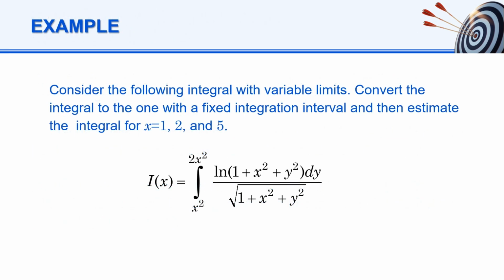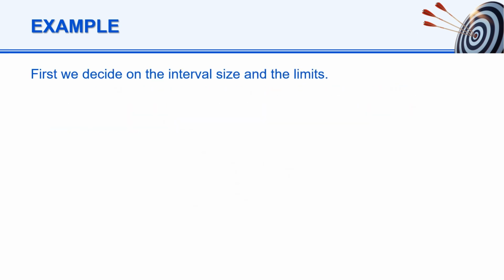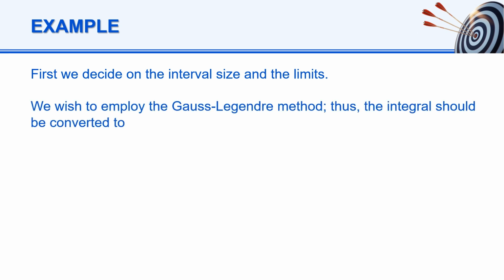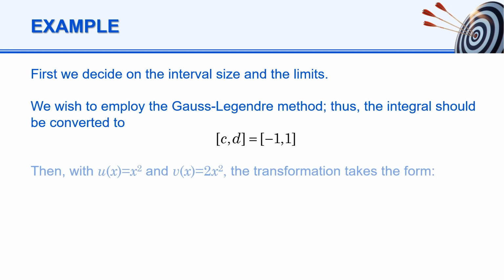Let us consider the following integral with variable limits. We will convert the integral to the one with a fixed integration interval and then estimate the integral for x equals 1, 2, and 5. First, we decide on the interval size and the limits. We wish to employ the Gauss-Legendre method. Thus, the integral should be converted to the one from -1 to +1. Then, with u(x) equals x squared and v(x) equals 2x squared, the transformation takes the form